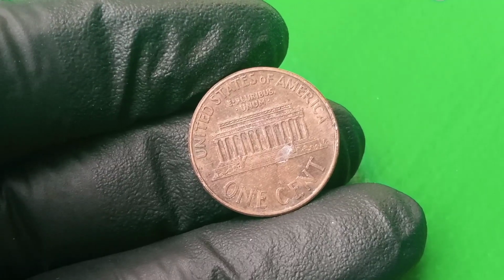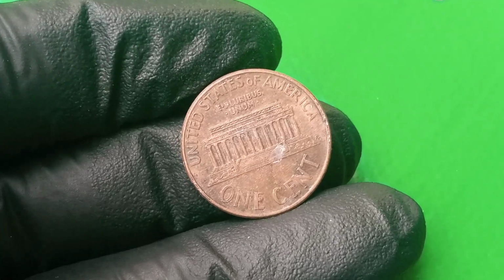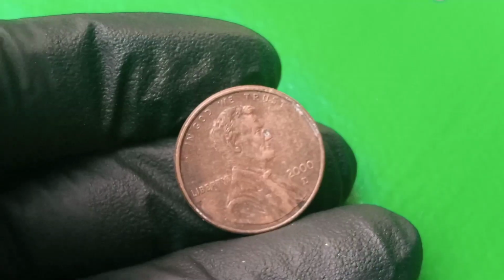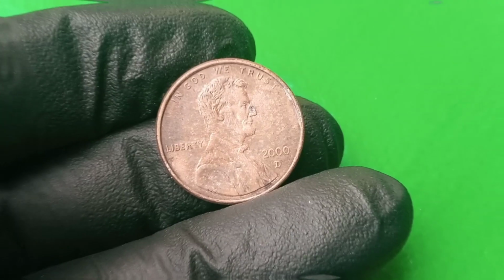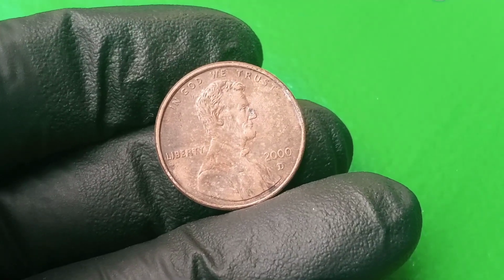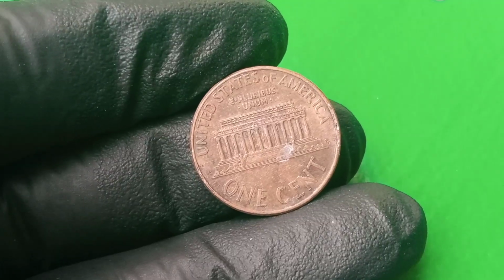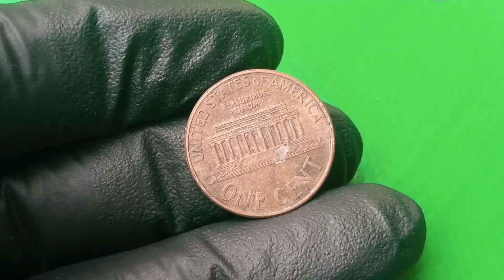history has shown, no matter how advanced the technology or how stringent the quality control, minting errors still happen, and sometimes those errors are so unusual and so limited in quantity that they create coins of exceptional rarity, and in the case of the 2000 D penny worth hundreds of thousands of dollars, the story revolves around several possible error types and their rare combinations, starting with the double die obverse, a type of error that occurs when the coin die receives two impressions from the hub that are misaligned, resulting in visible doubling of the design elements, which in